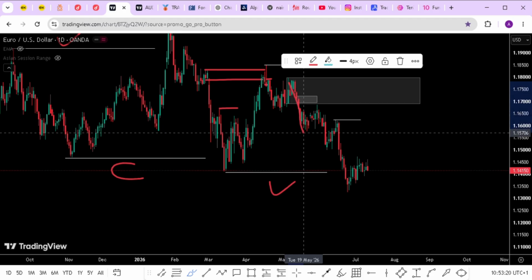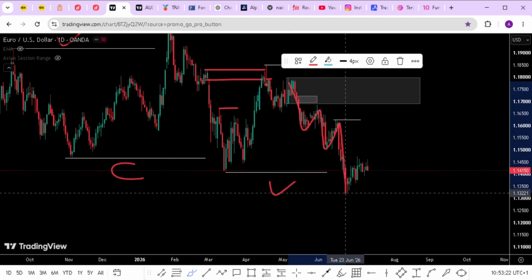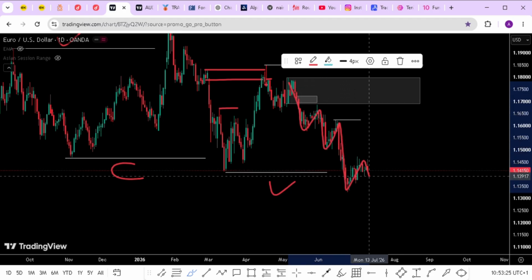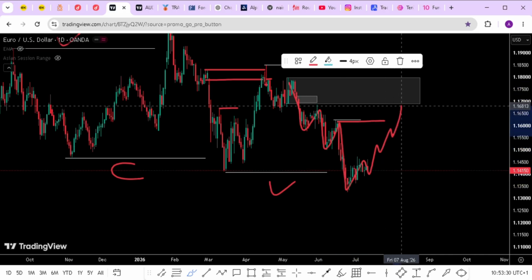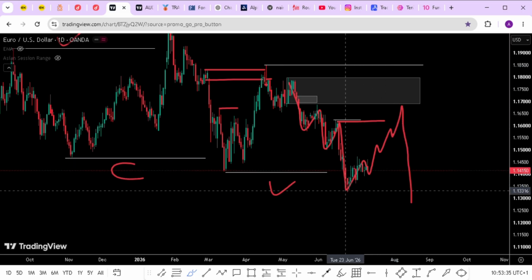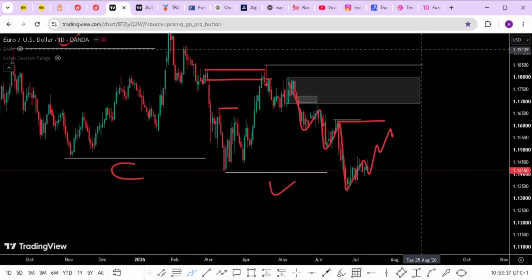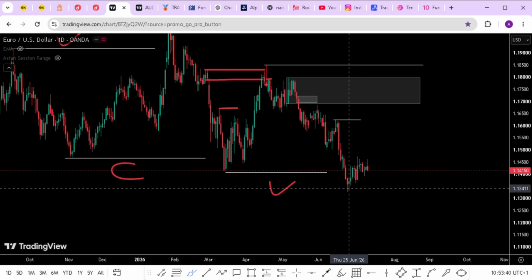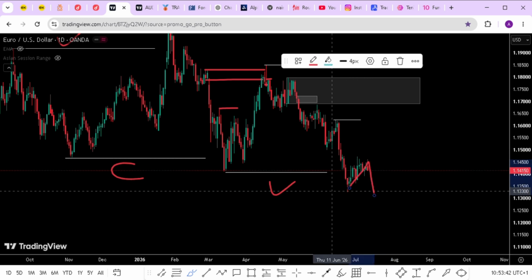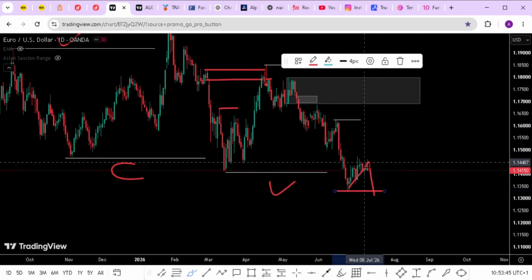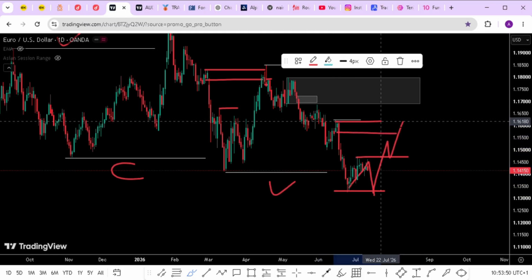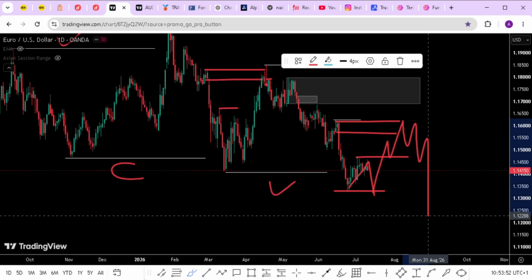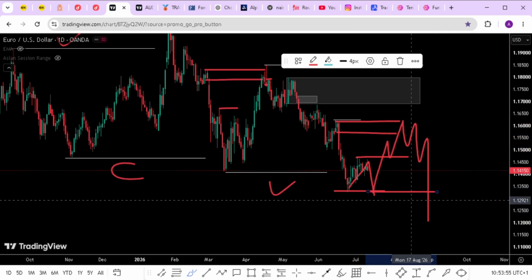This is the last pullback that the market did, this one. And I'm expecting the market to do like this and continue and take up this high. Then mitigate this other block, then we can start looking for sell again. But if the market refuses to do that, it's very simple. We need to wait for this move to come down and break below here. So we can shift this one to this level and wait for the market to come here, mitigate this level. If it gives us direction, then we can sell and add another new break of structure.